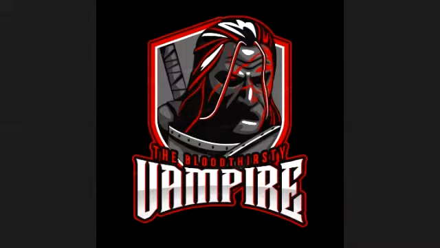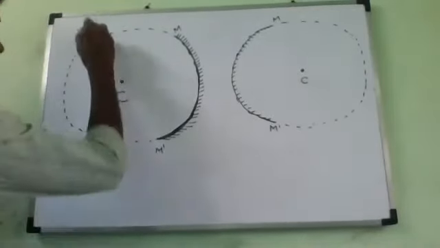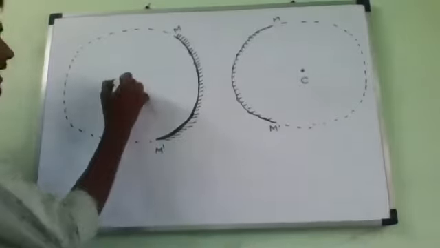Sir, while drawing the concave and convex mirror, we can draw it on either the right side or the left side, no, sir? We can draw it on the other side also, correct or not? It is correct, yes. Suppose you cut here or you cut here, then also the center will always be the same, correct?